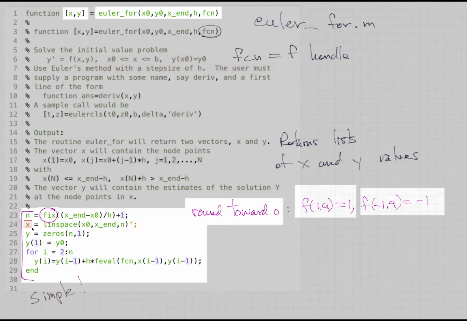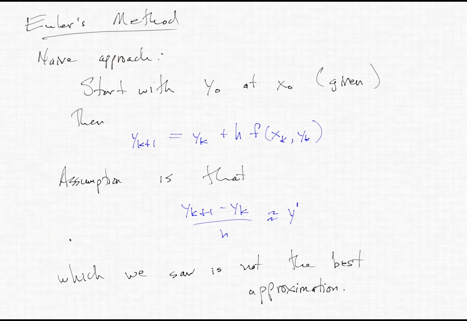a column vector then. So x and y are both going to be column vectors, y also, and we initialize y just to be all zeros, and then we can immediately set the first y value to be the y0 that we were given. And then for all future y values, we go through a loop where we apply the formula that we saw earlier, right? So we apply the formula,